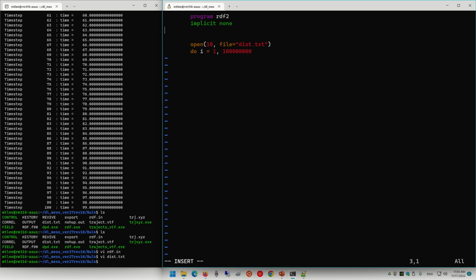So I sort of need this 4i, and then let's first go through the file and determine the number of frame we have. So number of frame equals I minus 1. All right. So close 10 again.